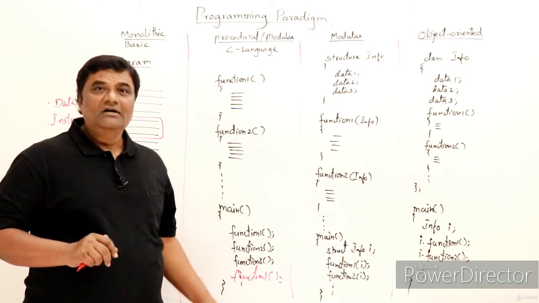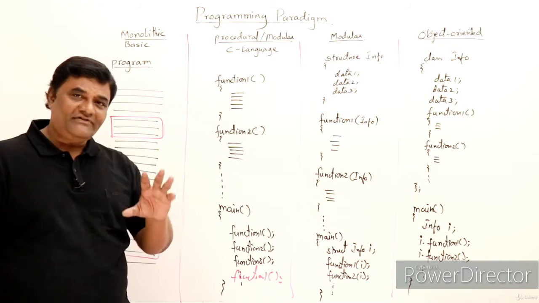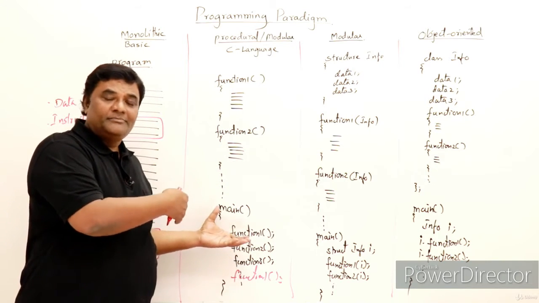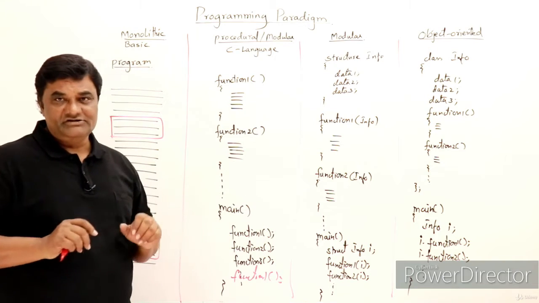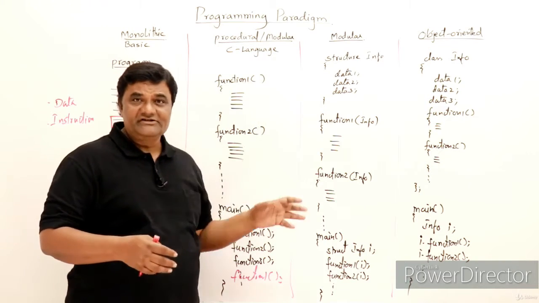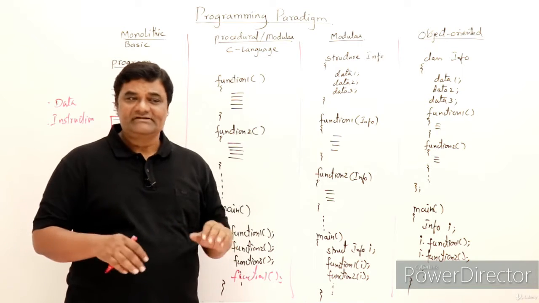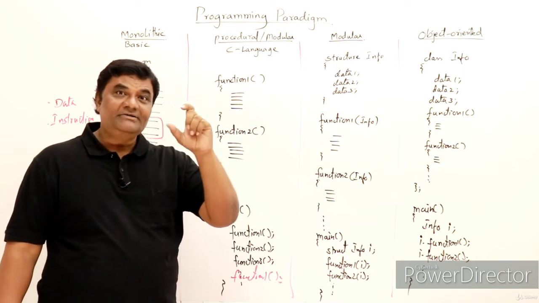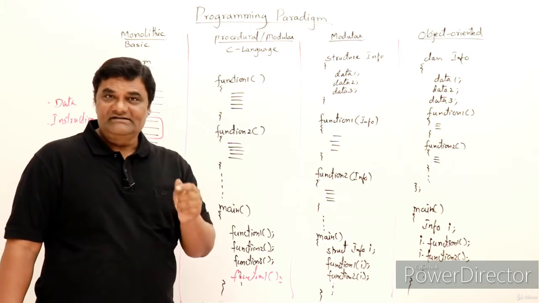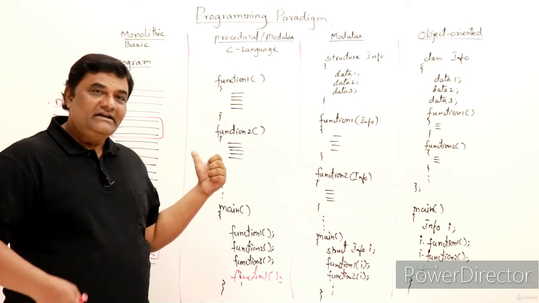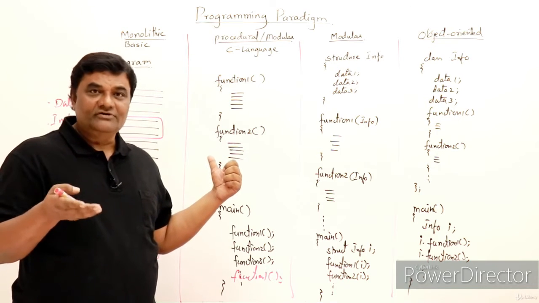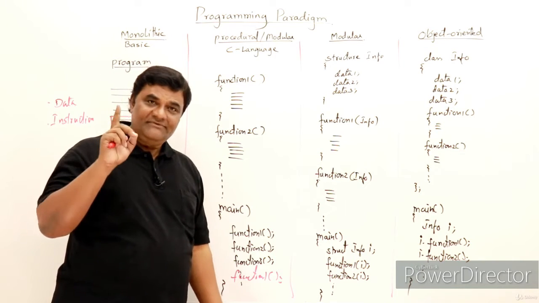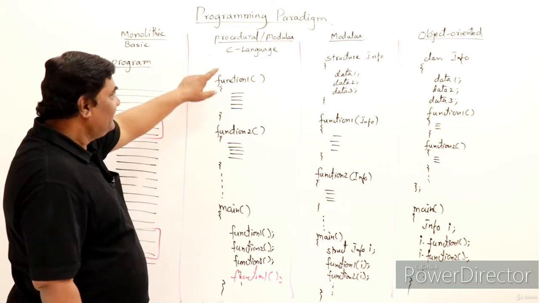Second benefit, a team of programmers can develop it. Suppose 5 programmers, each develops one function, and one of the programmers writes the main function. If you have some 50 functions, 10 functions can be given to each programmer, and one of them can integrate all of them. So a team of programmers can work, and functions can be developed individually. That is the benefit. This has increased the development of programs and software, this procedural programming. And the language which became very famous in procedural modular programming is the C language.